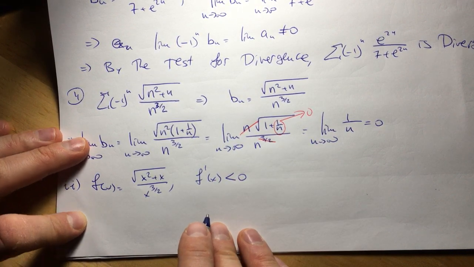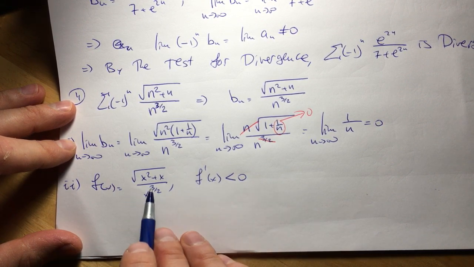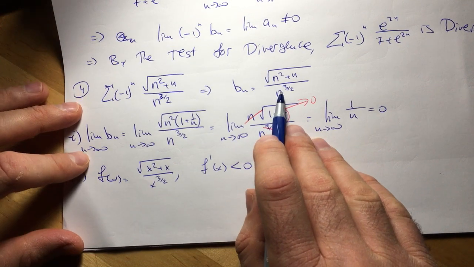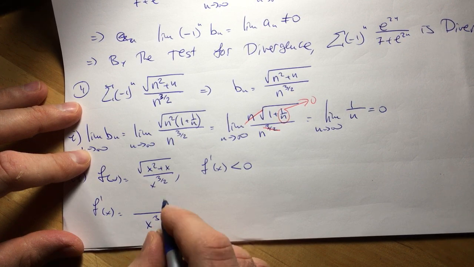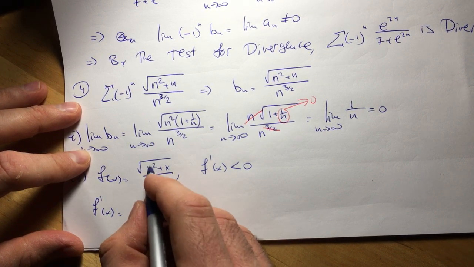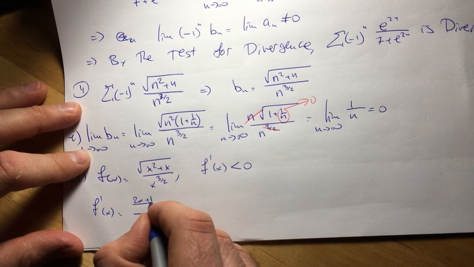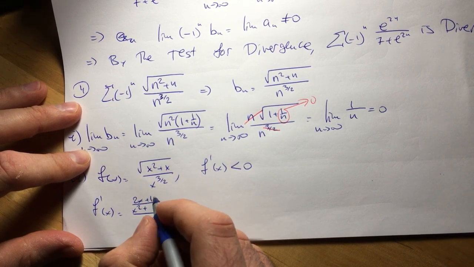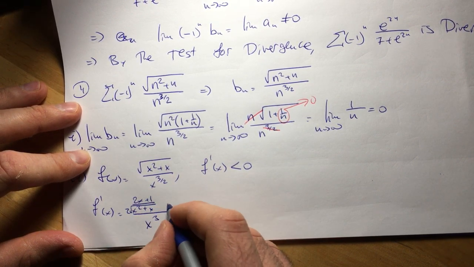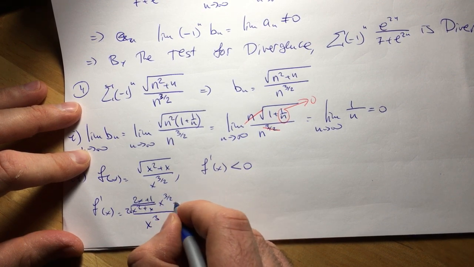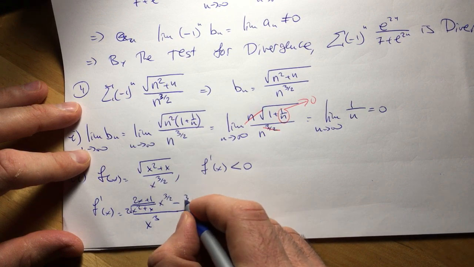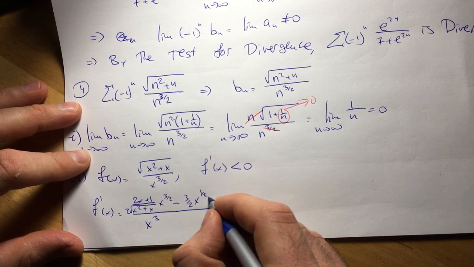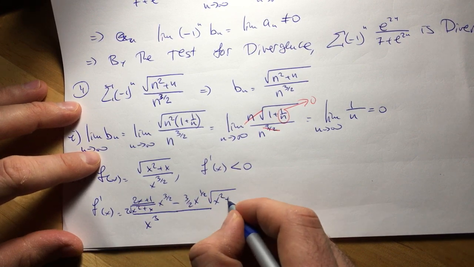In that case, you have shown that this function, which means this sequence, is decreasing, right? So f prime of x is equal to x to the power of 3 squared, the denominator. Then the numerator is 2x plus 1 over x squared plus x times x to the power 3 over 2, minus, this is how much? 3 over 2 x to the power 1/2 square root of x squared plus x,